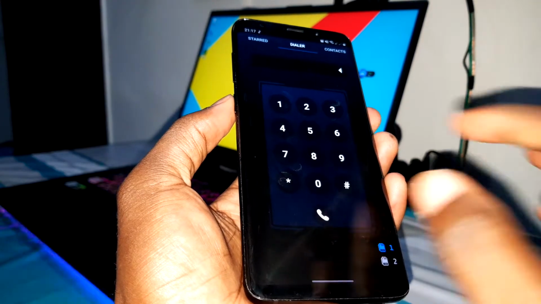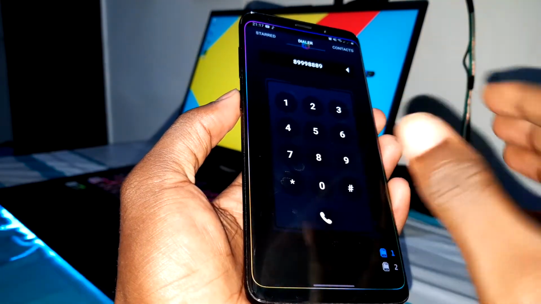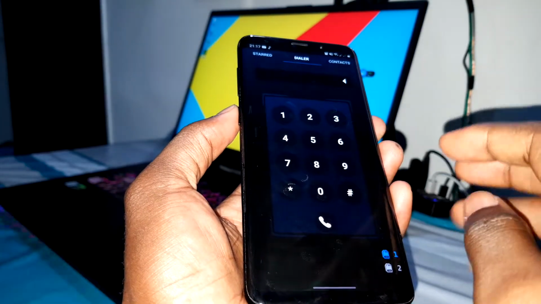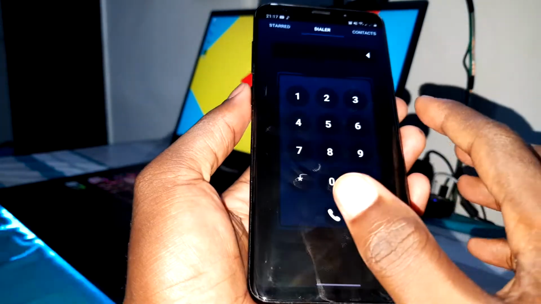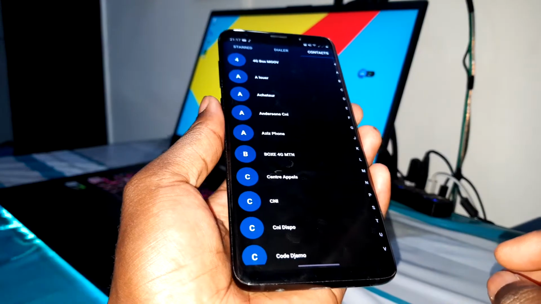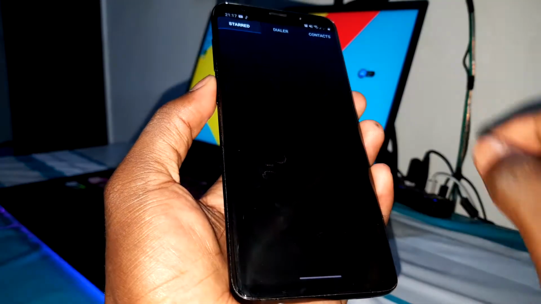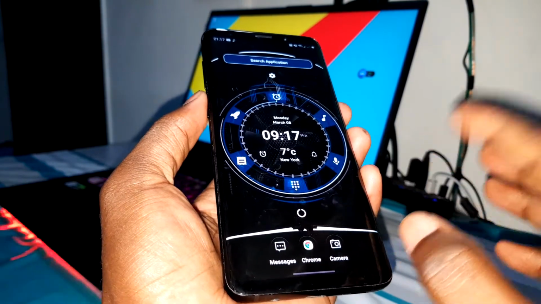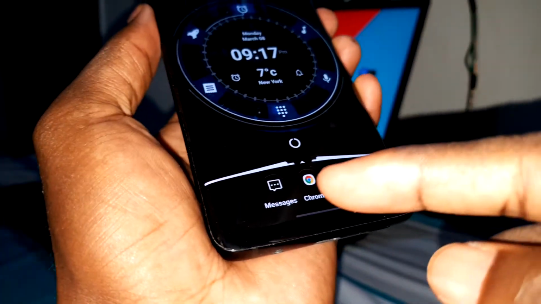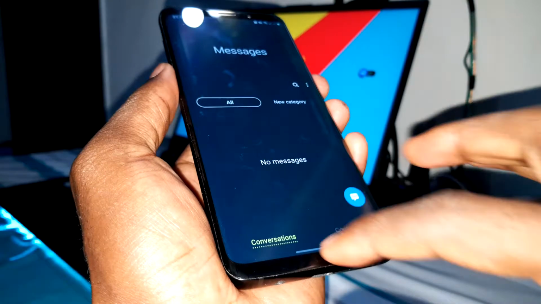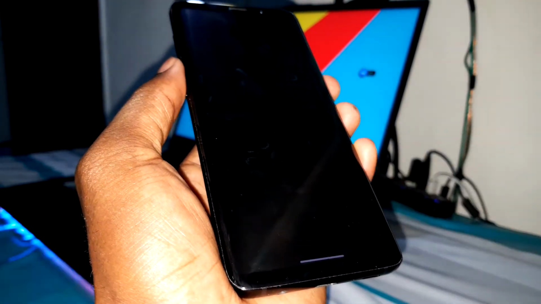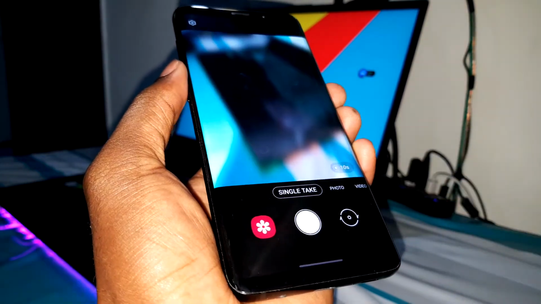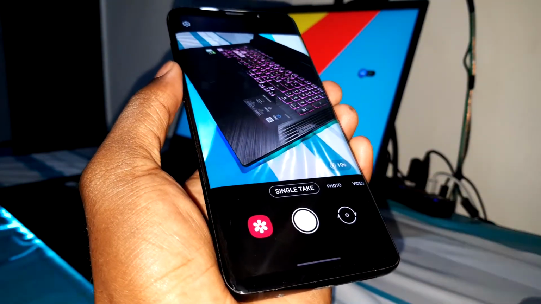When you click on this thing, you can tap and call someone. Okay, do what you want, and you have contact. You have style, all of this, what you want. And this is something good. Here you have quick applications, you have messages, you have camera, and this is good. Beautiful.